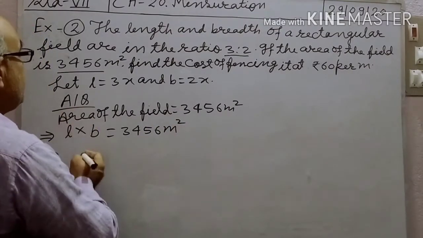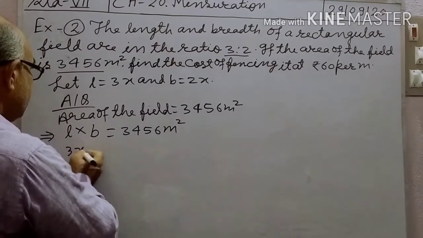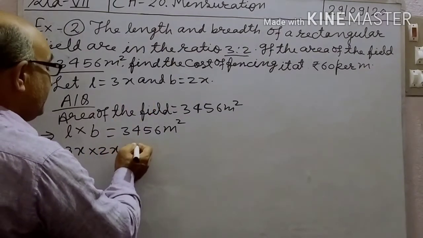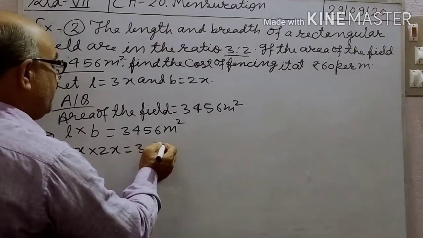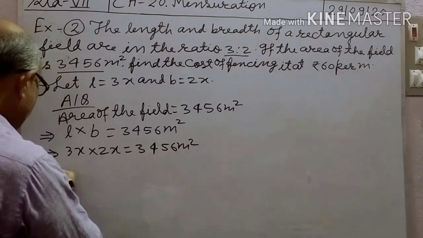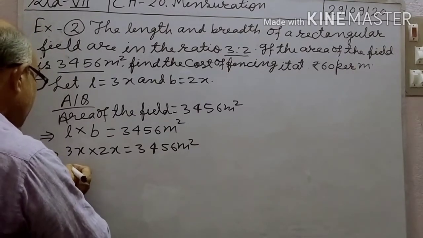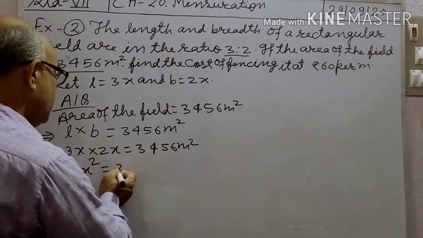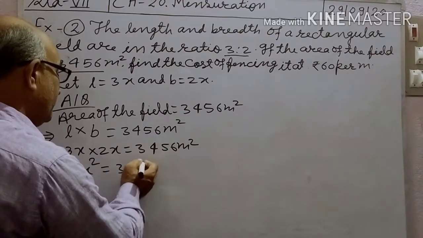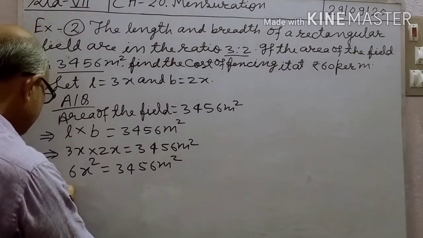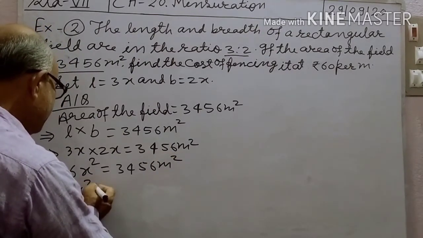Next step is length 3x, breadth 2x equal to 3,456 meter square. That implies 6x square equal to 3,456 meter square. That implies x square equal to